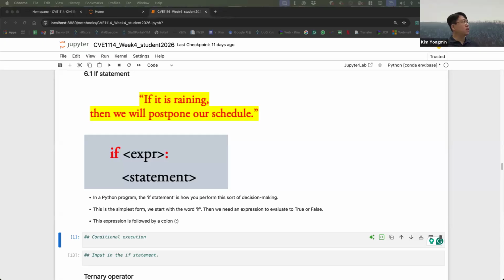We start with the word if. Then we need an expression to evaluate to true or false. And this expression is followed by a colon.